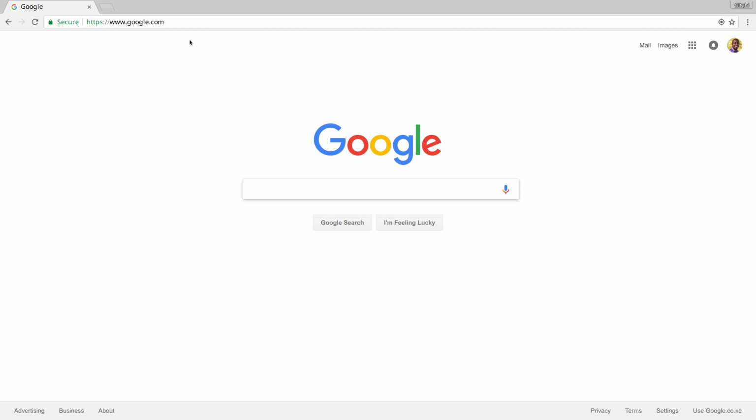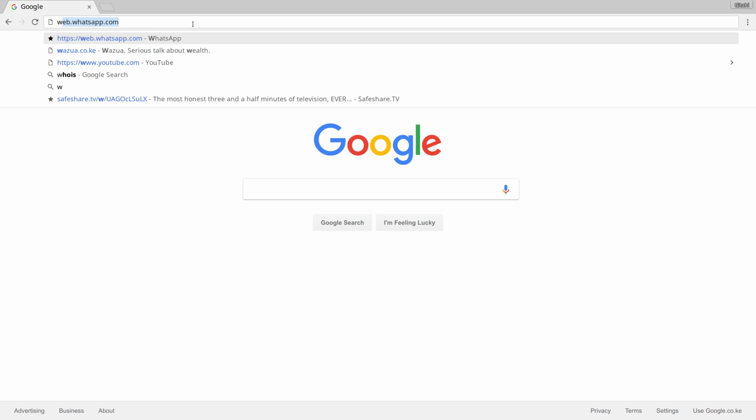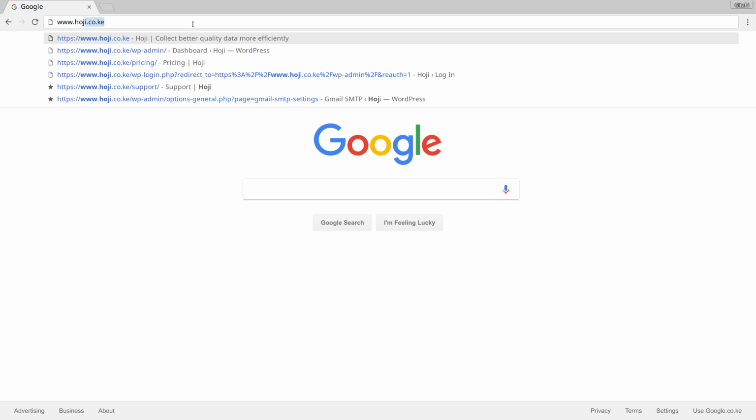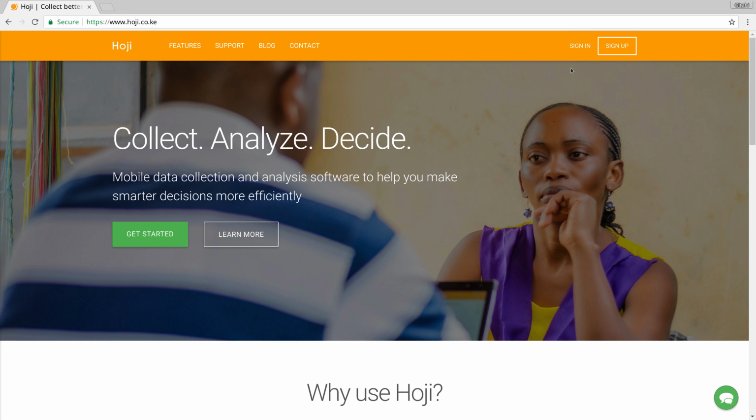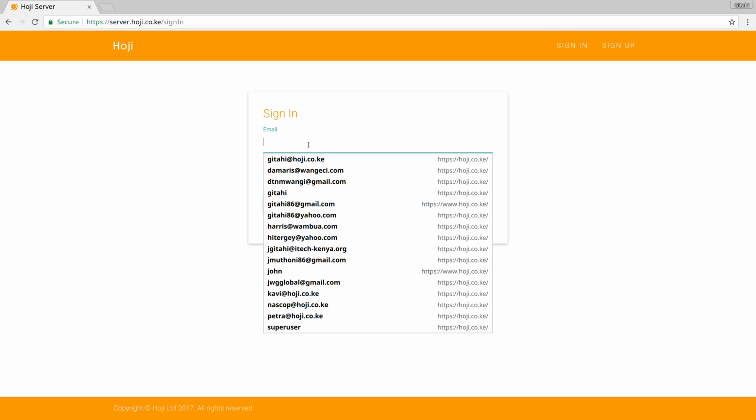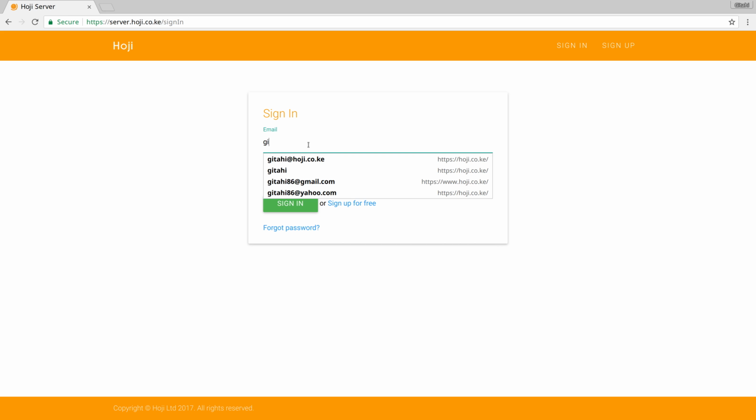So the first thing you do is fire up your browser and navigate to www.hoji.co.ke. You click on the sign in button, and using the email and password that you used to sign up on the mobile app, you sign into the server. So mine was